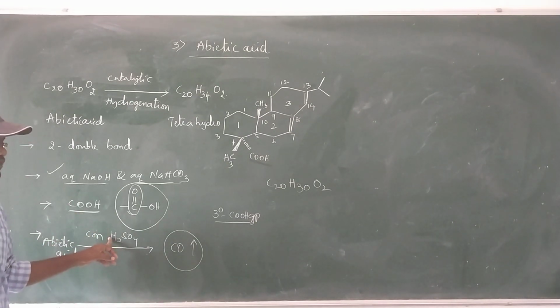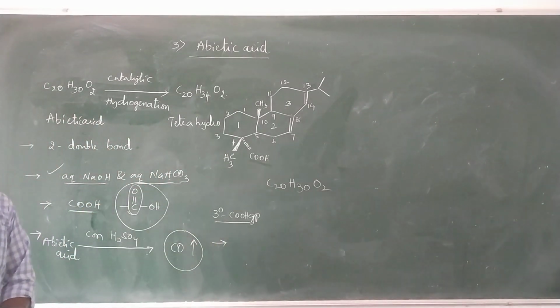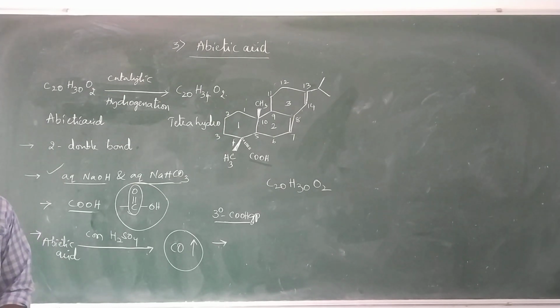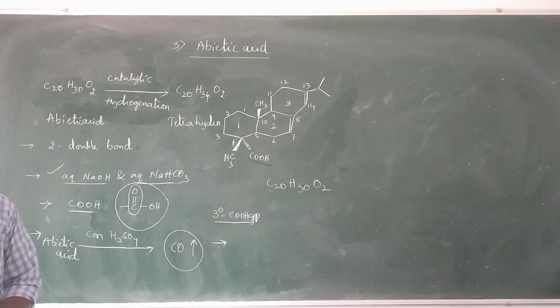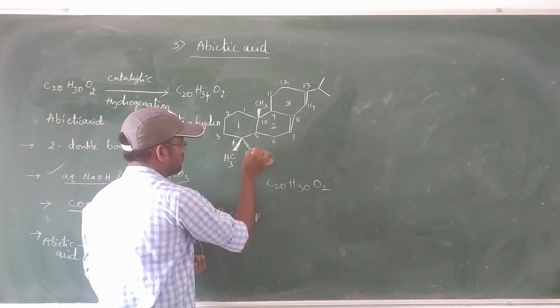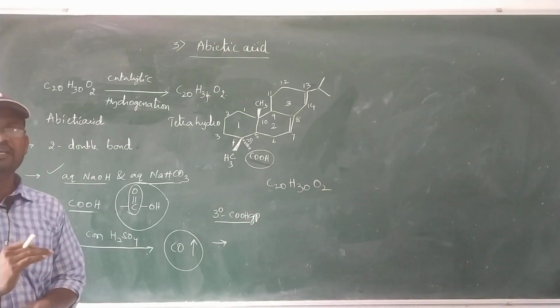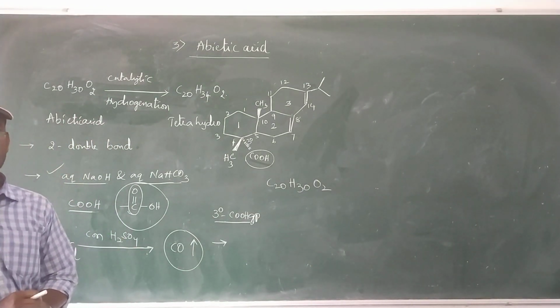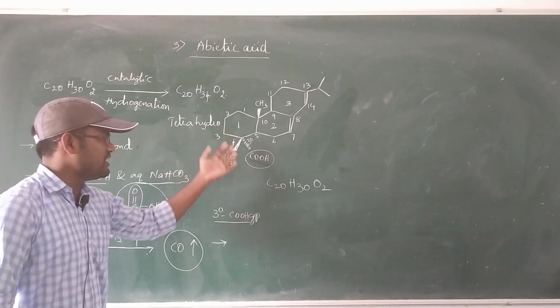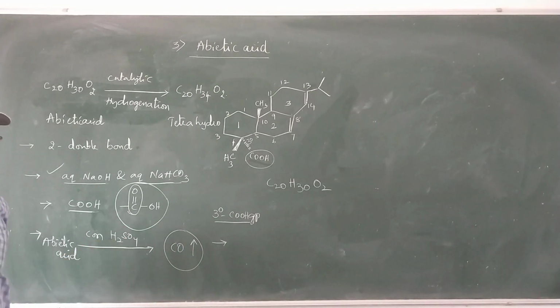That is also confirmed when ebitic acid is treated with ethanol or methanol, which is esterification. Esterification has great difficulty because the COOH group is tertiary and strained. The strained COOH group does not easily undergo esterification. Due to having a tertiary COOH, ebitic acid when treated with concentrated H2SO4 gives carbon monoxide.